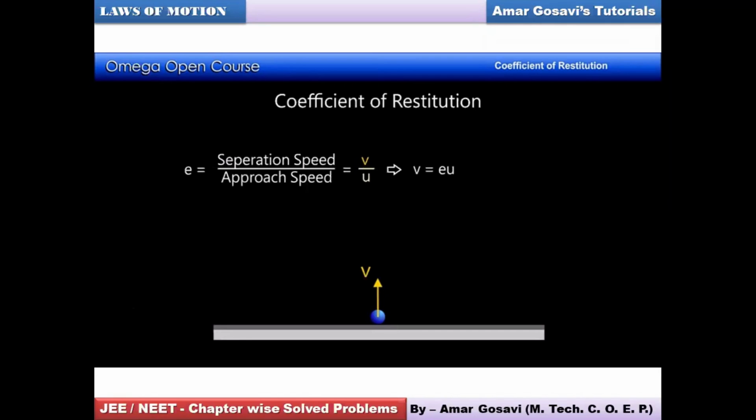So please make a note of it, and once you are done with it, let me know so that we move ahead for the trickier analysis, because here the ball was moving vertically down. Now, at times, the ball can move in an inclined manner. Most of your entrance examination questions are based on collisions which happen in an inclined manner. So let's move ahead and establish the concept for those types of collisions, friends. So most of you say done. Let's move ahead. Again, it's a very tricky thing.